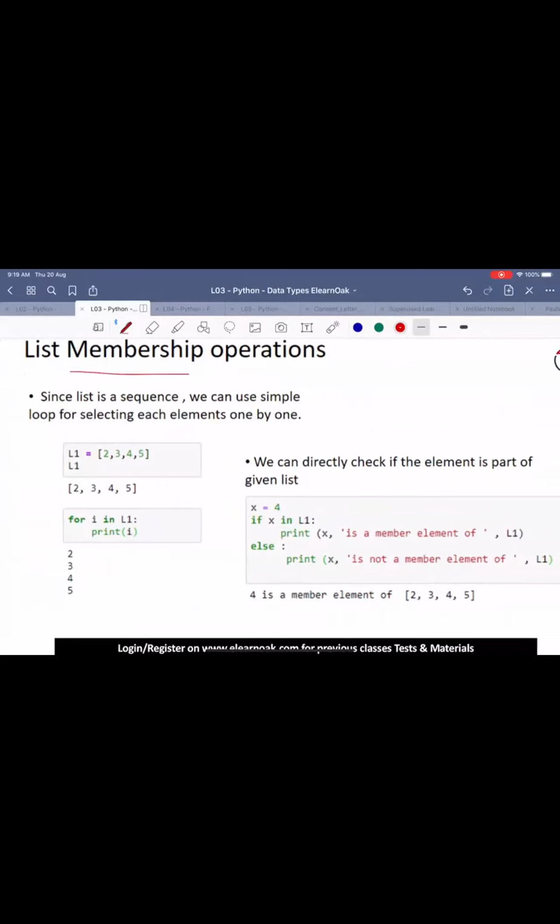Further, we can check list membership operations. That helps us to know if something is in a list or not. So we have already seen the in operator. Like if we write L1 as this list, having the values